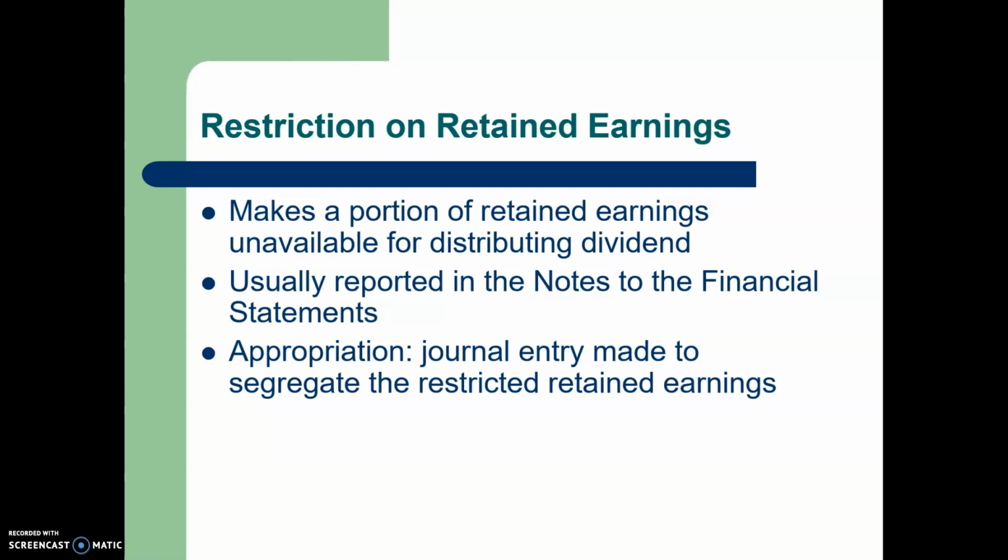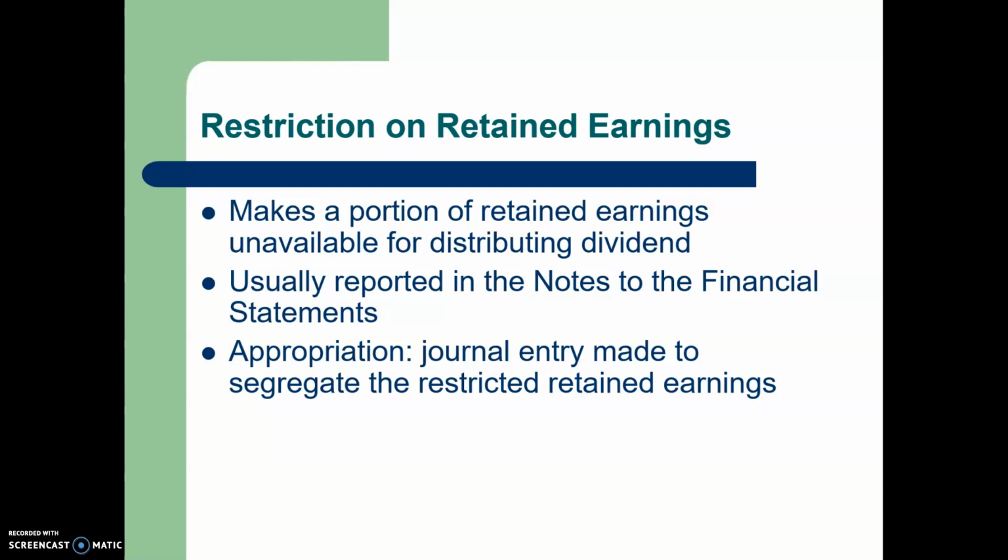Maybe it's because you have something coming up. Maybe you have a pending lawsuit that you may need to settle. Maybe you are going to be building a new plant. Maybe you have plans for an employee stock plan and you're going to be purchasing a large amount of treasury stock. And so if you have restricted retained earnings, usually you'll just report it in the notes to the financial statement. So an investor who's looking at your company can see that there may be a limited amount of dividends